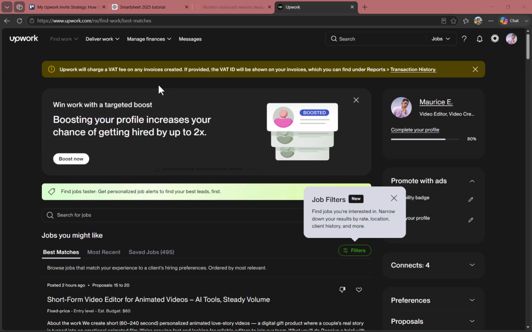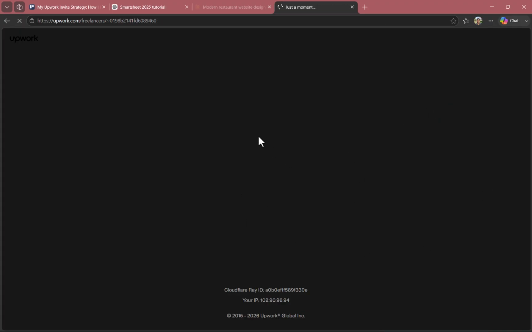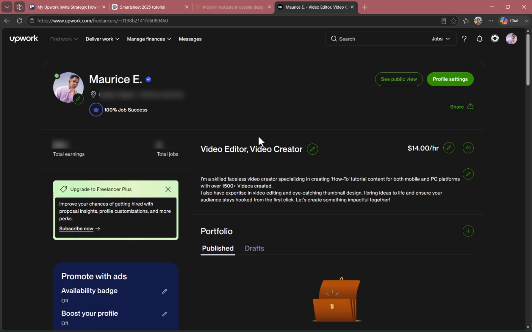So, the first thing you need to do is optimize your profile title. You could just head into upwork.com, sign into your account, and then click on your profile. Once you've clicked on your profile, let's get through the verification. All right, so once you're on your profile page, your profile title is one of the first things that clients